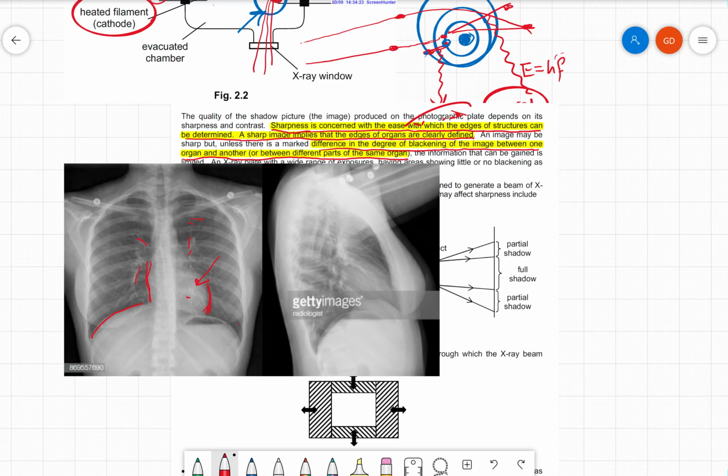We notice here that the bones in X-ray images are mainly white. Why? Because we know that bones absorb X-ray the most, or X-rays are highly attenuated while penetrating through bones. They will be highly absorbed or attenuated. Okay,